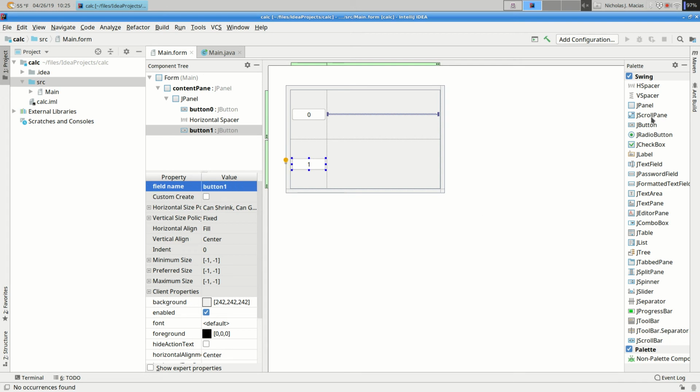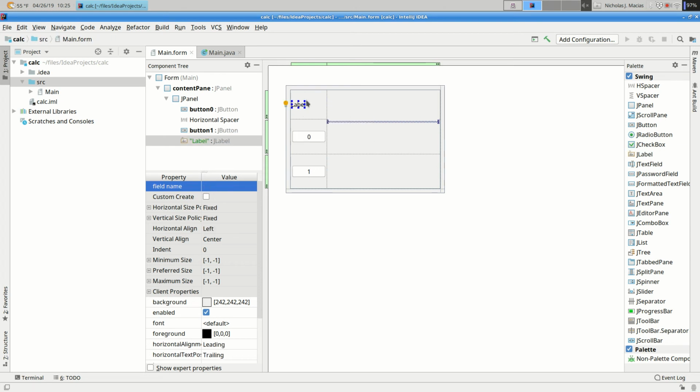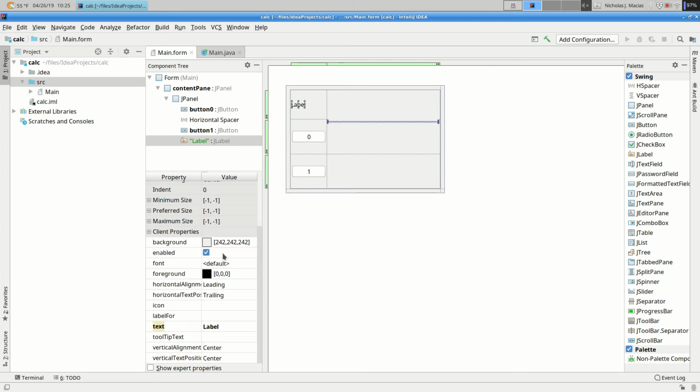And I'm going to put a display area up here, which I'm going to call answer. I'm going to put a 0 in there.